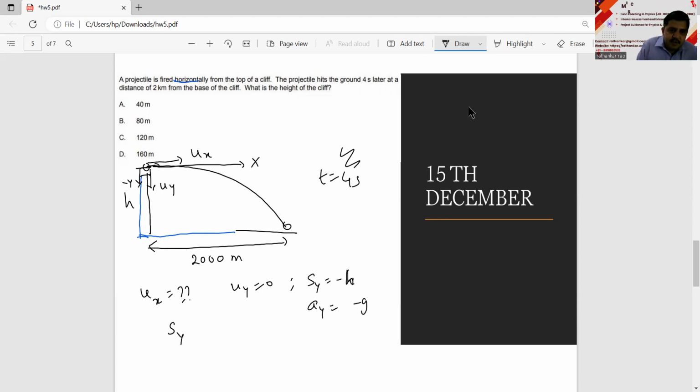Thus, let us use the equation sy is equal to uy t plus half ay t square, the y equation of motion, because acceleration is constant. So let me substitute: minus h is equal to, uy is 0, and this is minus half